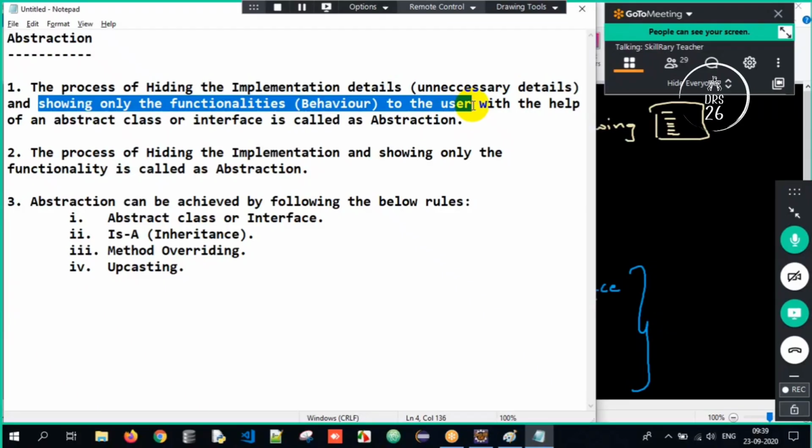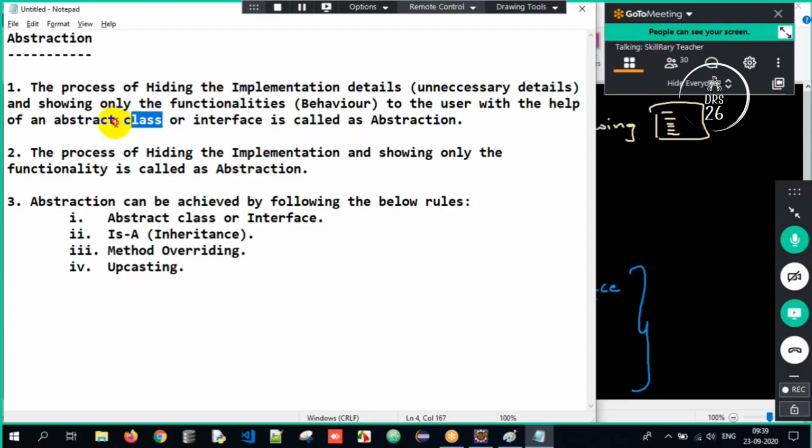I have to show what to be done. How it is done, I'm not showing. With the help of what? With the help of an abstract class or interface. So this is called abstraction. In simple English, we are hiding the implementation and showing only the functionality. Hide the implementation, show the functionality.